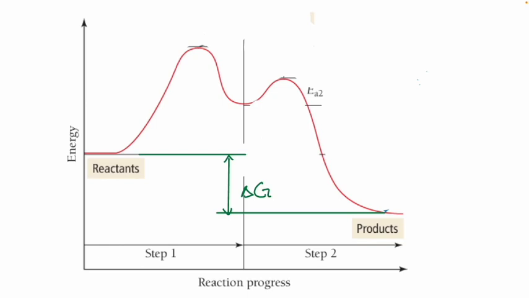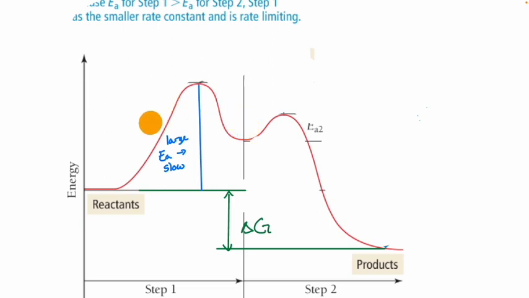And again, now that we know our reaction mechanism, we see that it's actually broken into two steps. This first step has this large activation energy barrier because it's our slow step. So we have a large activation energy because it's slow, right? So our reactants are over here, and they're trying to get over here to the product side. But in order to do it, they got to jump over these energy barriers. This first energy barrier is really big that it has to get over because that's a slow step. But then once it's here, it's only got to jump this little hump to get over to the product side,